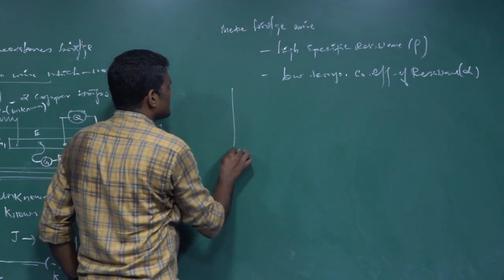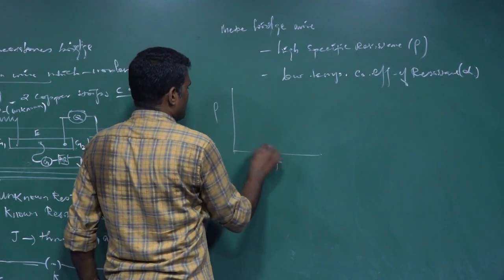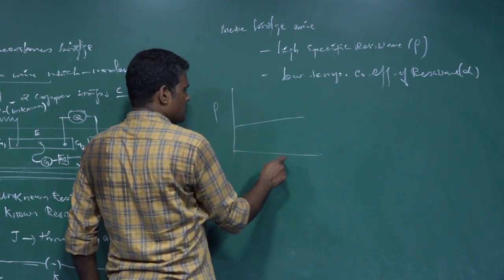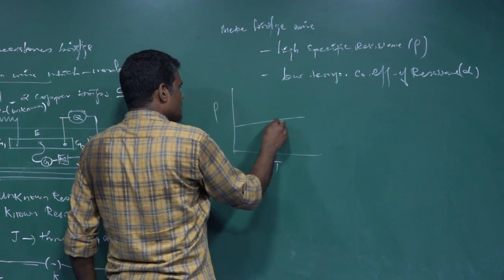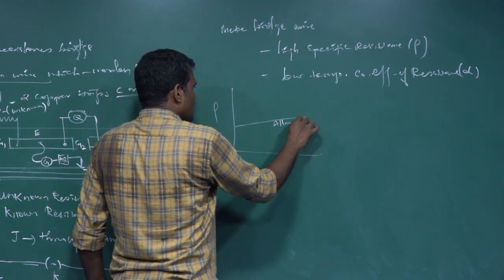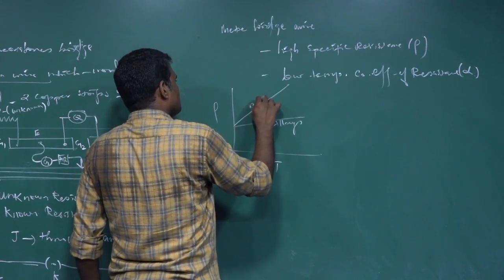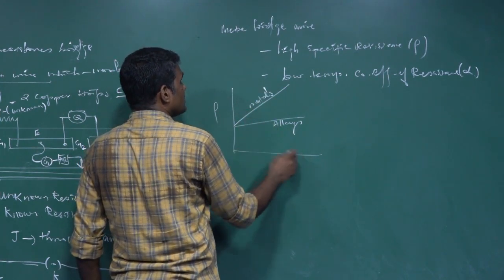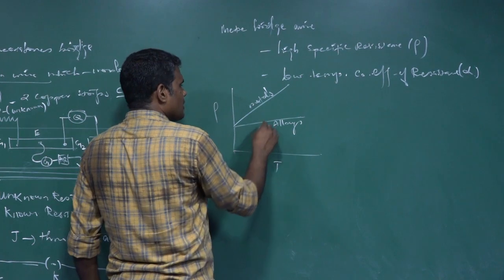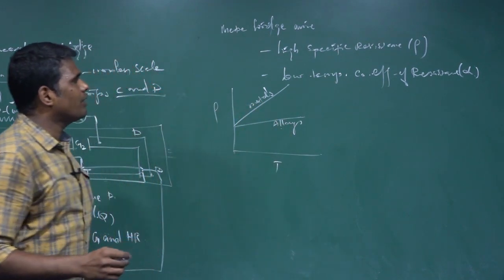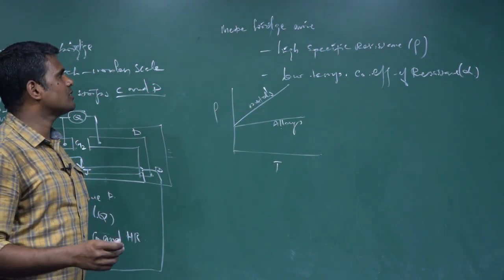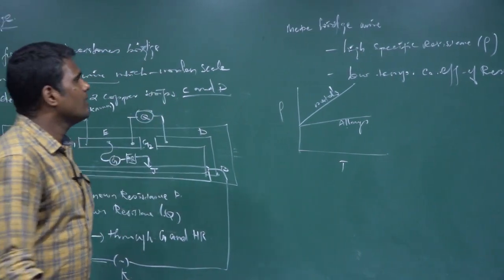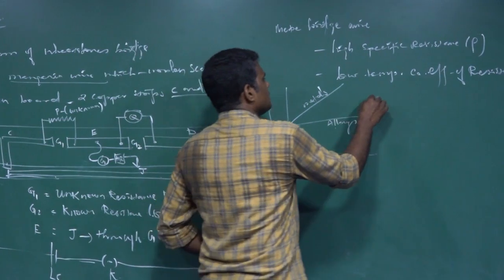You might have seen this graph, rho versus temperature. The variation of specific resistance with respect to temperature is less here. This is for alloys. Whereas in the case of metals, the specific resistance increases with the increase in temperature. So alloy shows a very low temperature coefficient of resistance, so it is selected as the meter bridge wire. Whereas copper wire